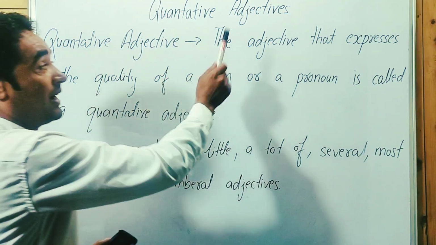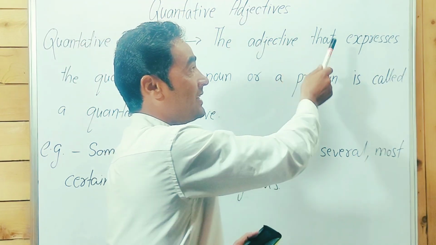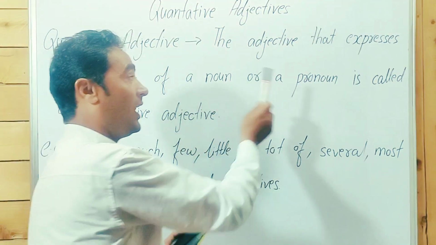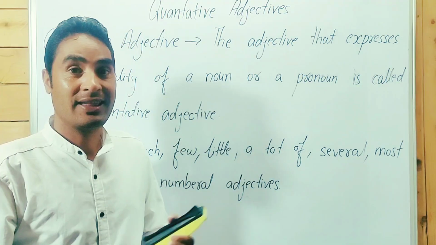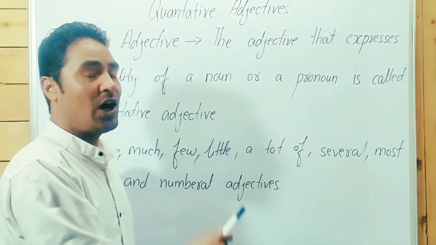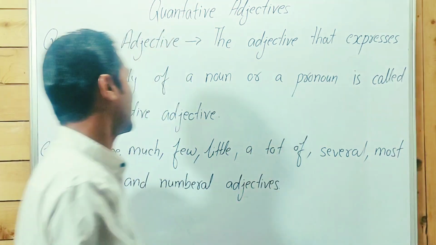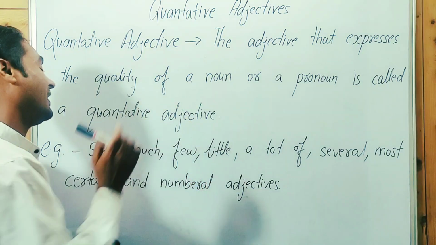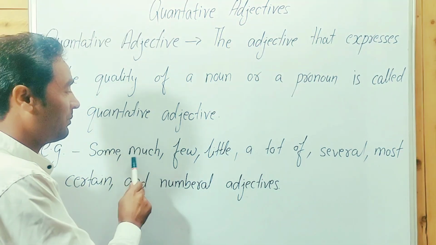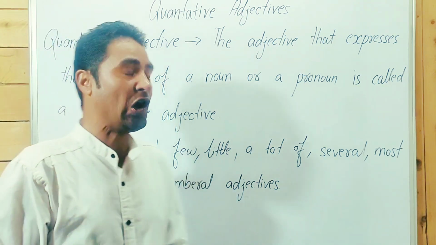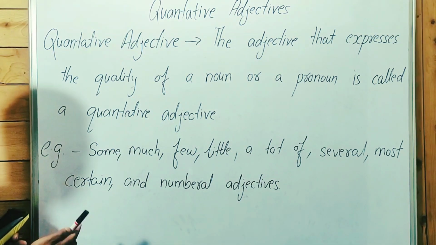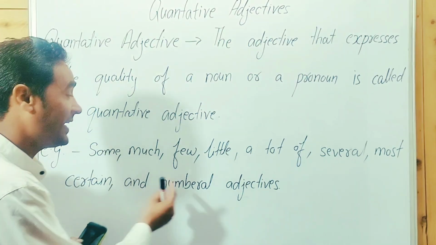The adjective that expresses the quantity of a noun. Guys, point to be noted: the adjective that expresses the quantity of a noun is called a quantitative adjective. Guys, point to be noted. For example: some, much, few, little, a lot, several, most, not much, many, certain, and numeral